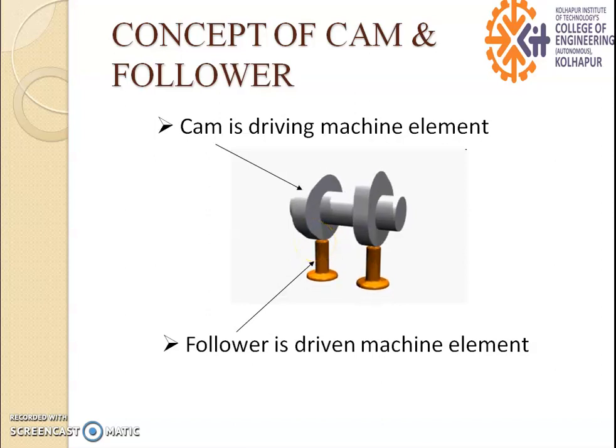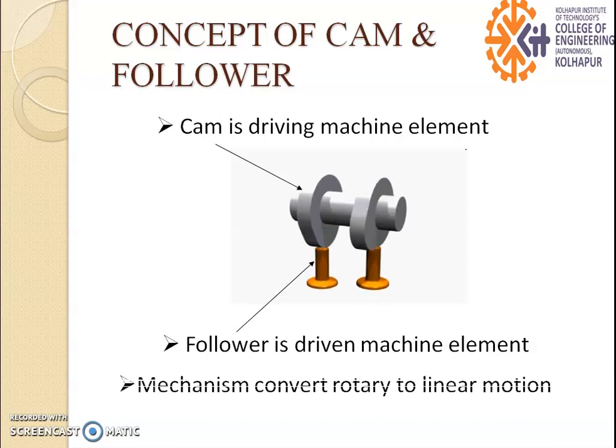If you look at this animation of the cam and follower mechanism, it is a typical cam follower system in which the cam is fixed to a rotating shaft. The rotary motion of the cam is imparted to a roller follower, which is oscillating in the guides. The direct contact between cam and follower is maintained due to the self weight of the follower and the spring force. The mechanism converts rotary motion into linear motion.